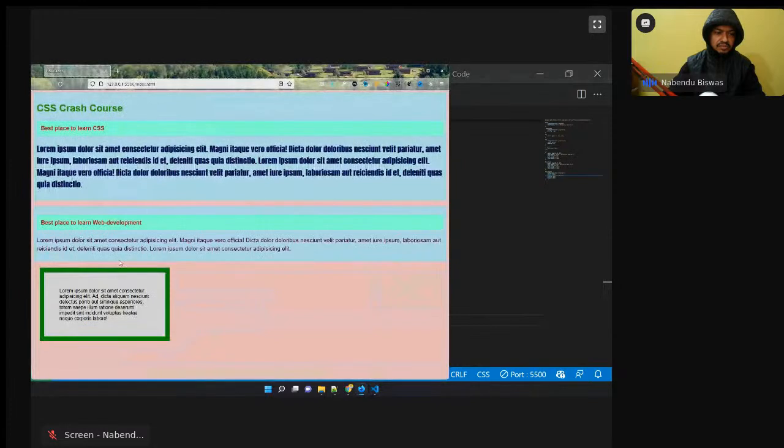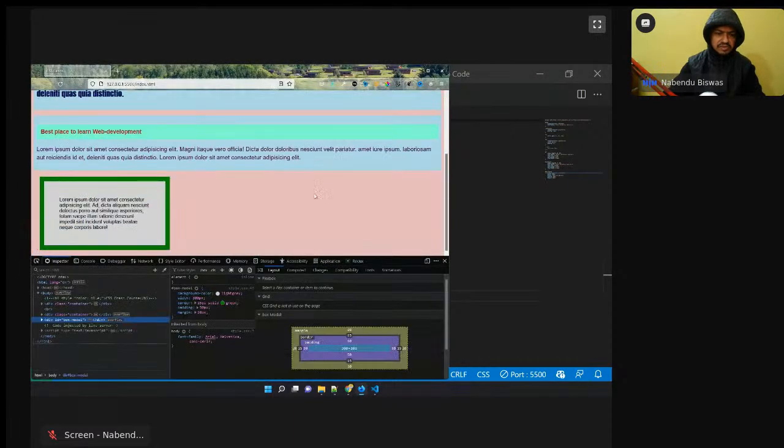Okay. So padding and margin. Now let's see it in much more detail. So I'll inspect. Here I've come, and it is showing me the box model. So what is this box model? First thing is the content. It is showing me that 300 by 108 is the content, and then the padding comes. Padding is 50px all the way around. So this order is very, very important. First the content comes, then the padding, which is 50px all around, then the border is 5px all the way around, and then the margin is 20px. So margin, see, whenever I'm moving my mouse over here, it is showing me what